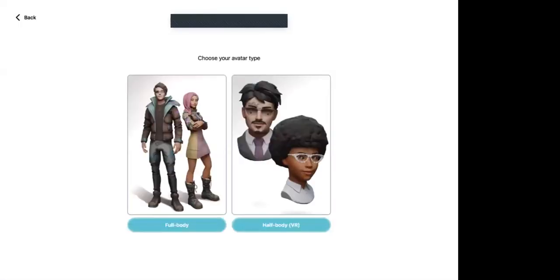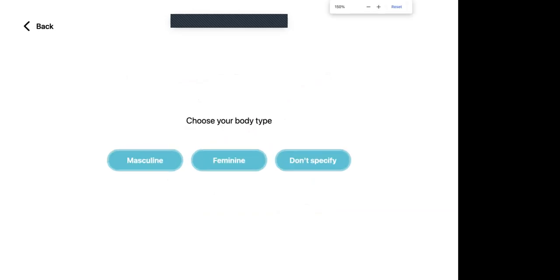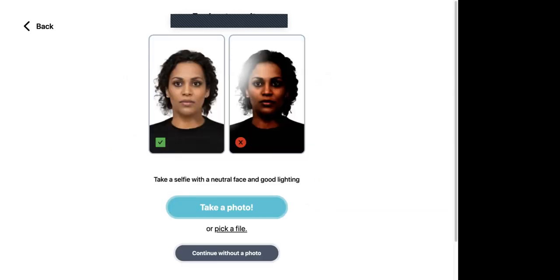Okay, so you will create your avatar. You click the button to create your avatar. You'll choose half body. This is the avatar type that is used in hubs. You should know there are full body avatars for other programs like VR chat, but this is for hubs, so you'll choose half body. Here's where you can choose, let me make this bigger to see that. Here's where you can choose a gender, or you don't have to specify either. So I'm not going to specify.